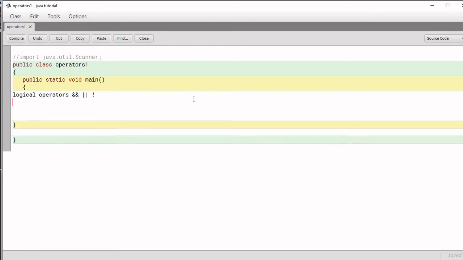So we are going to see all these operators one by one. First of all we will see the AND operator. What is the logic of the AND operator?